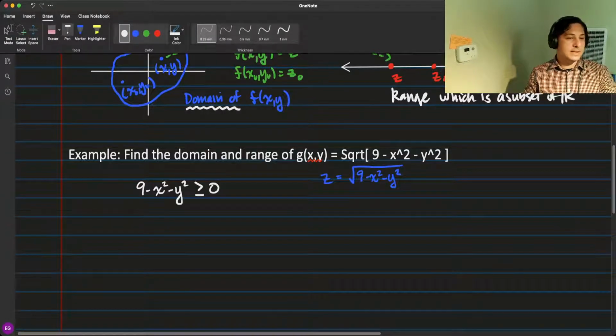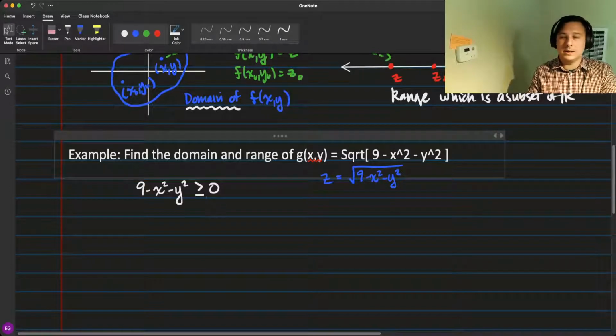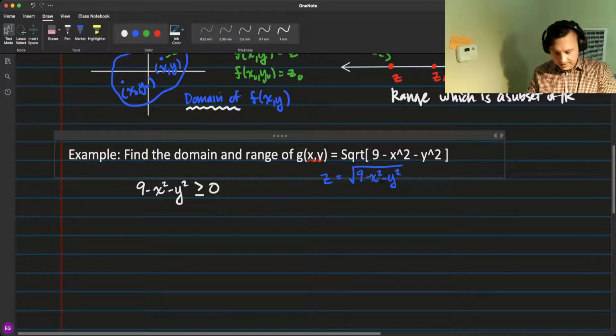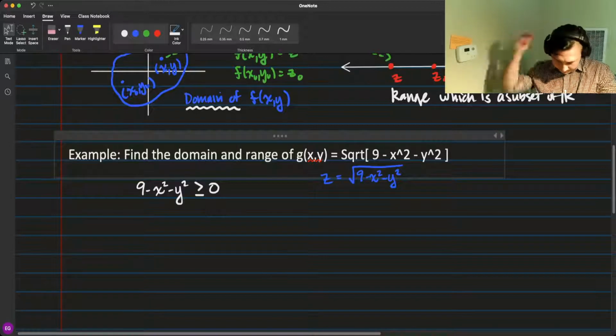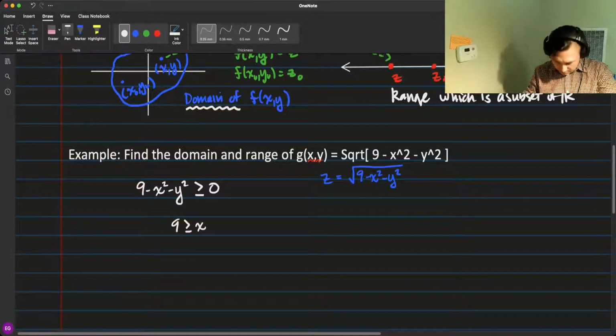So this has given us an inequality to set up. We can solve this inequality to figure out what points in the plane are going to be in the domain. And you can rewrite this. If you add an x squared and a y squared to both sides, you get that 9 is greater than